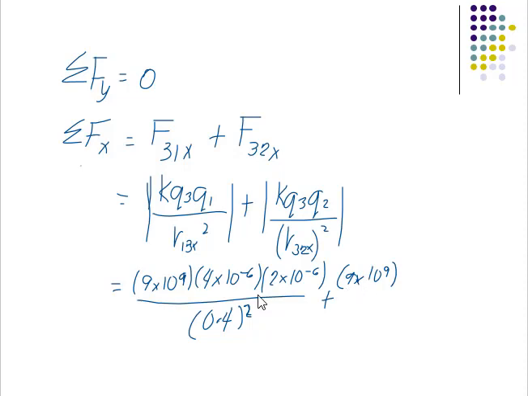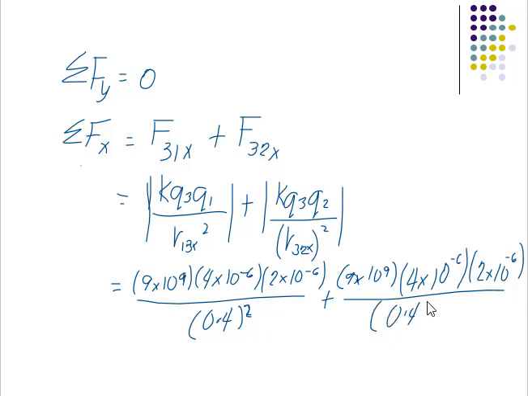We can actually factor out the 9 times 10 to the 9. Then you have Q3 is 4 times 10 to negative 6. And then you have Q2 is 2 times 10 to negative 6. Then the distance between them is also 0.4 along X squared. So solving it, we now have